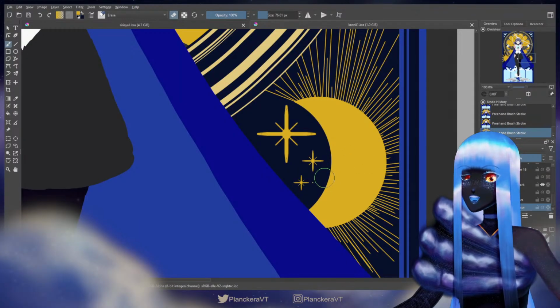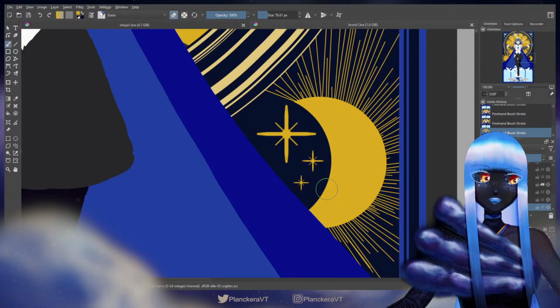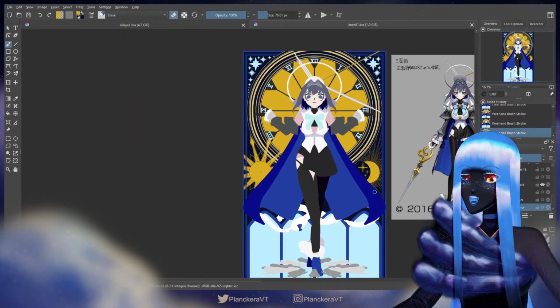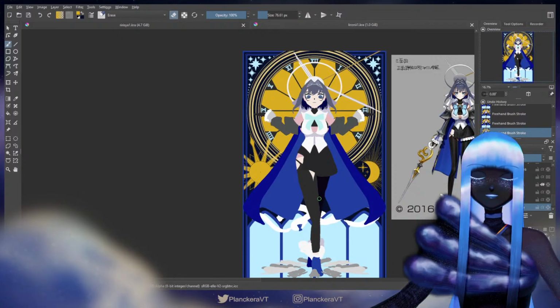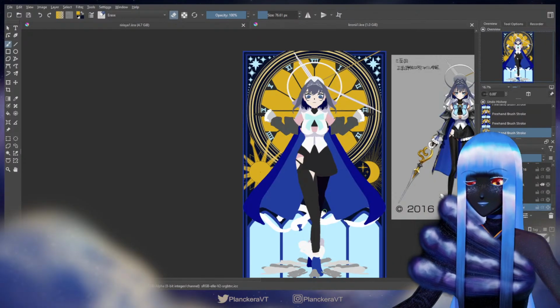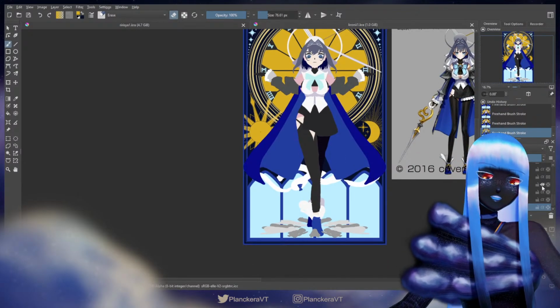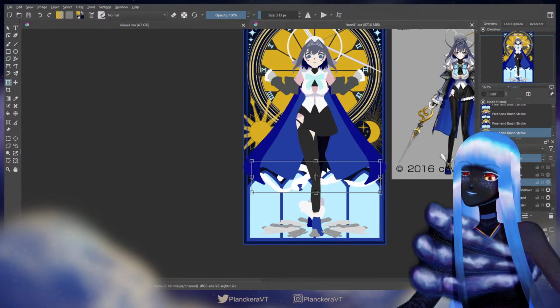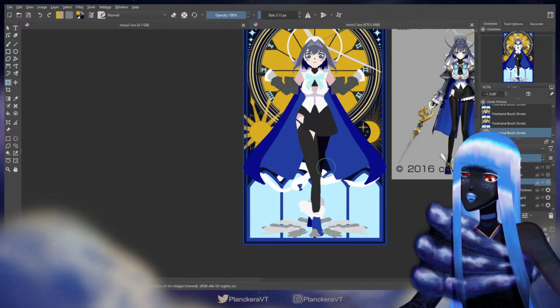But here I actually really want to do it properly and really think about what I'm putting in. But there we go. I think that's a good start to filling in that area. I might put more snake stuff over here, for example. I don't know. It'd be nice to have a little bit more going on around her legs. I said I was going to end after doing the moon, but I changed my mind. Let's poke at this snake a little bit.